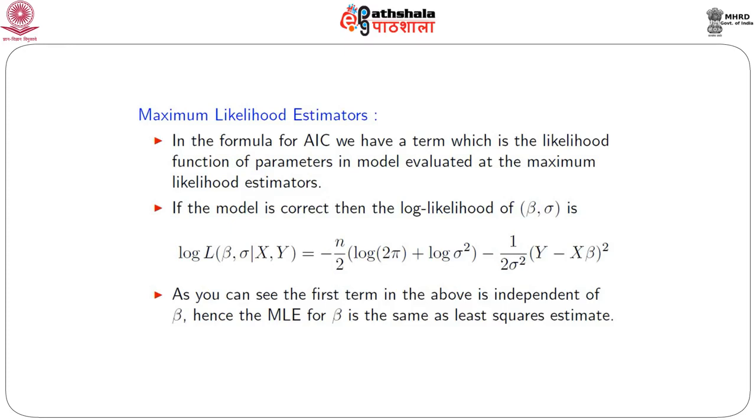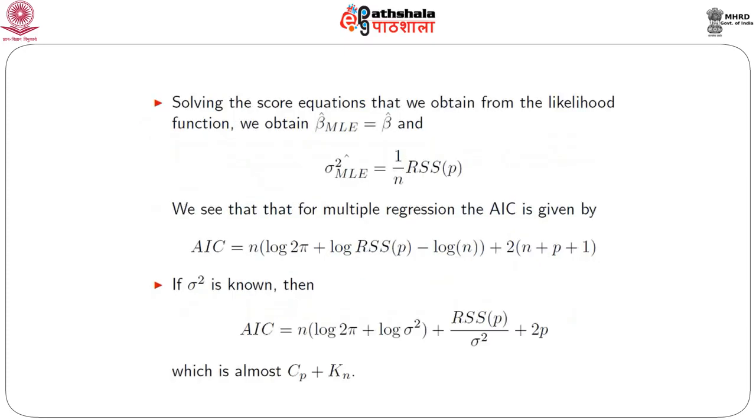As you can see, the first term in the above expression is independent of beta. Hence, the MLE for beta is the same as the least squares estimate for beta, because the second term is ||y minus x beta|| squared, or (y minus x beta)' (y minus x beta), which is the least squares criterion that we use to obtain the estimate of parameter beta. So, solving the score equations from the likelihood function, we obtain beta hat MLE, which equals beta hat, and sigma hat squared MLE, which equals 1 over n times the residual sum of squares of the model